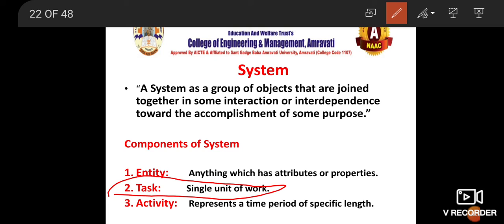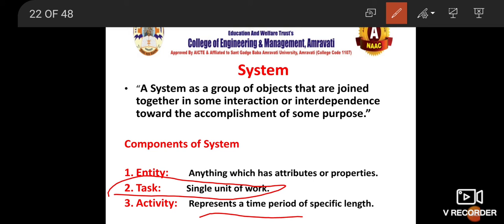First one is downloading the form, that is one task. Then you are filling the form with correct codes and abbreviations and everything, that is the second. Third, you are paying the amount somewhere else. Then you are attaching the receipt and uploading the form on a particular website or wherever it is required, that is the fourth. And finally you get the acknowledgement that you have paid that particular fee. So it can be divided into 5 different tasks. It is a very simple thing: a single unit of work is called a task.